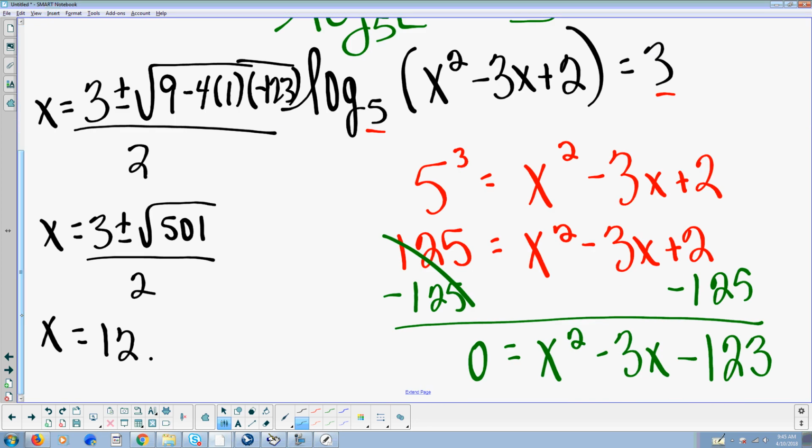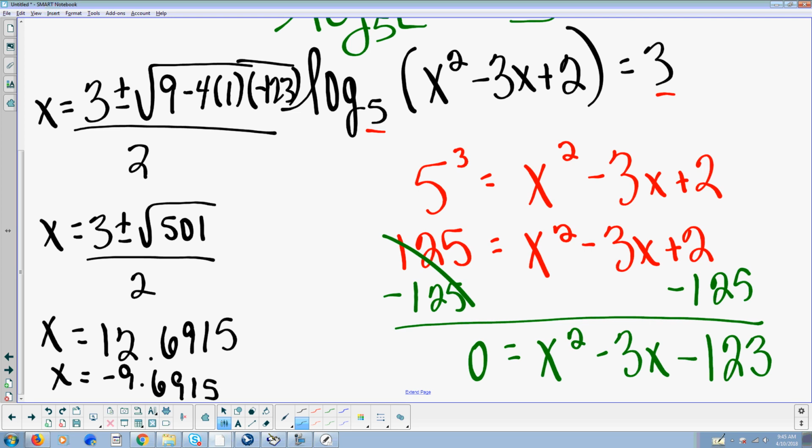So 12.6915. And then I will do 3 minus the square root of 501 divided by 2. And I got negative